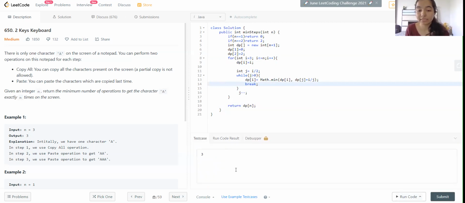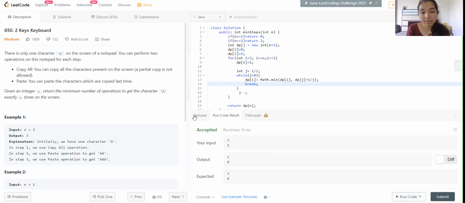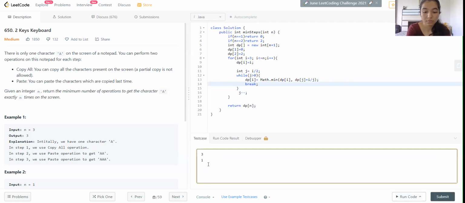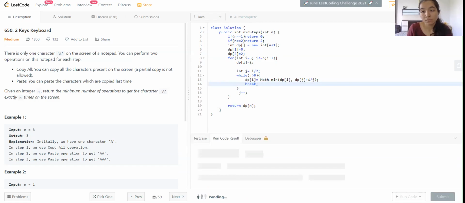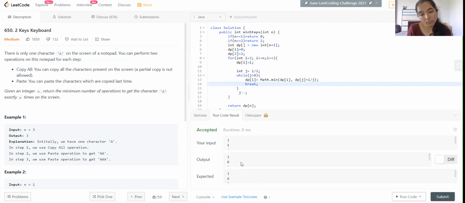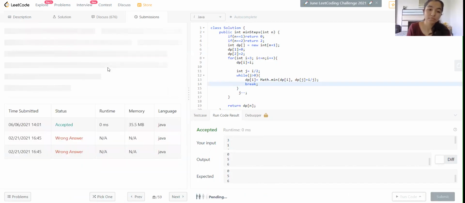Let's try to run all of the test cases. Let's try to run 6 and 9. Now let's submit it.